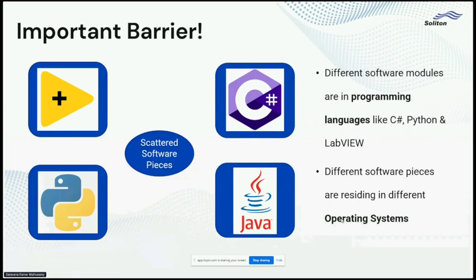If you use LabVIEW, if you use C Sharp, if you use Python, if you use Java, right? So at the end of the day, each one prefers to have their piece of software in the language they prefer, and thus it leads to scattered software pieces. A team or a person who's dominant in LabVIEW creates all the infrastructure in LabVIEW and keeps it. A person who is dominant in C Sharp builds it in C Sharp and keeps it, right? So they cannot reuse both the things together. They cannot leverage whatever the other has done, right?